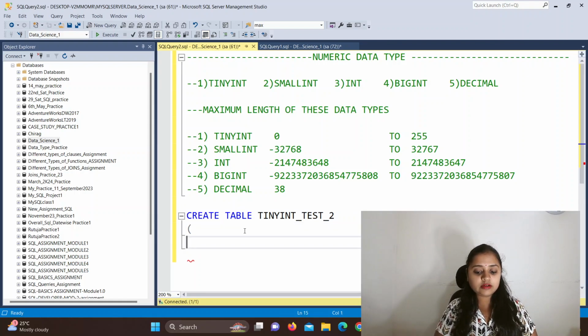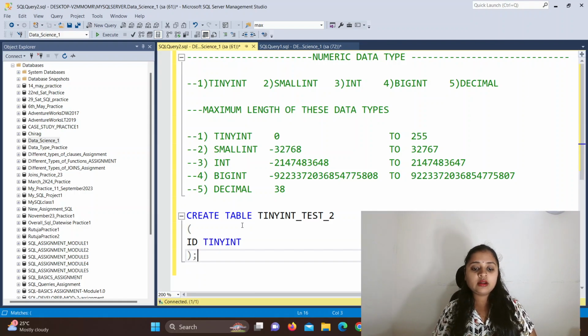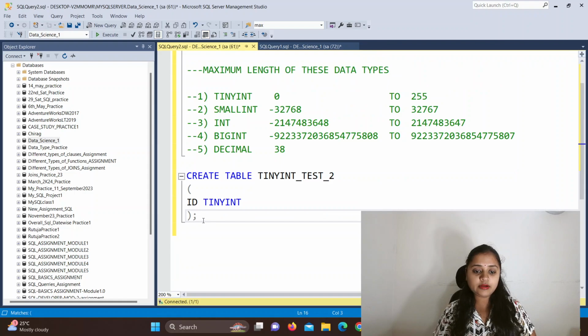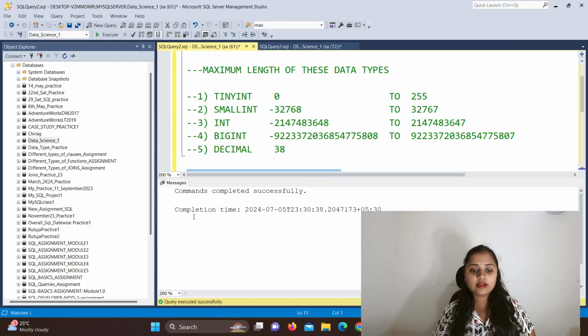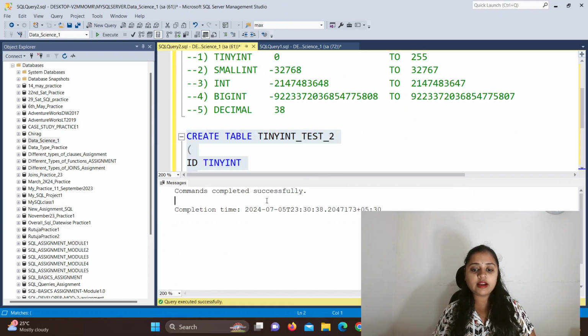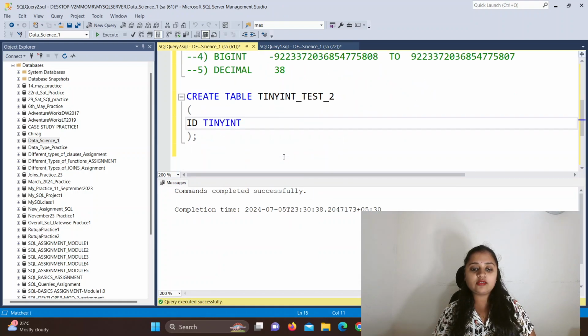Then I am giving the column name as id, then I am giving the data type as tiny int, and then bracket close and semicolon. Now I will create this table. Just select your code and then hit the execute button. See, commands completed successfully, that means your table is created successfully.